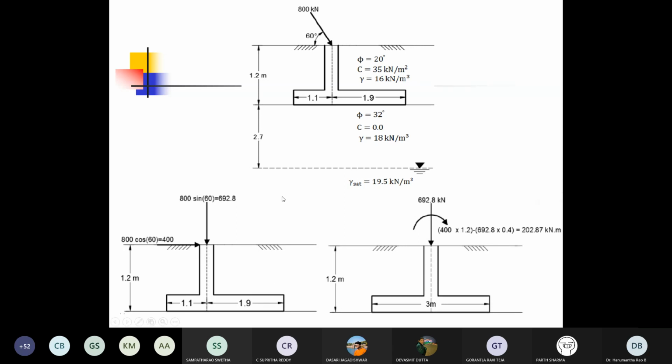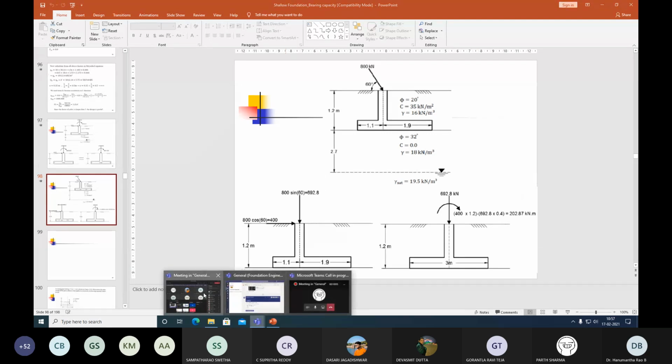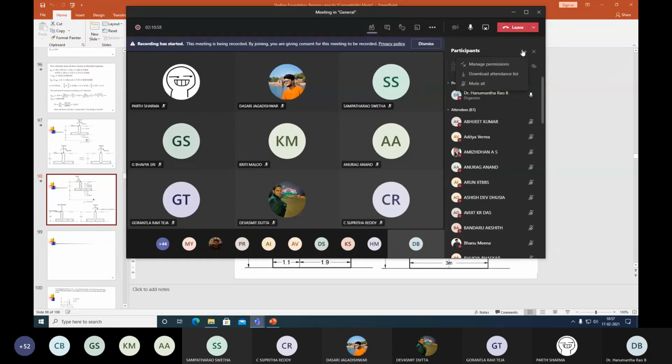So these are the different possibilities of the load that can exist. But some are hypothetical conditions. Some may be realistic, but most of them are hypothetical conditions. You only have to understand how to resolve them into our desired free body diagram. So if anybody has any question,